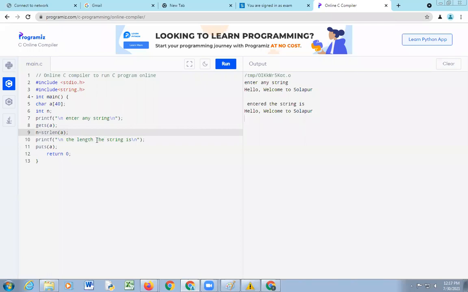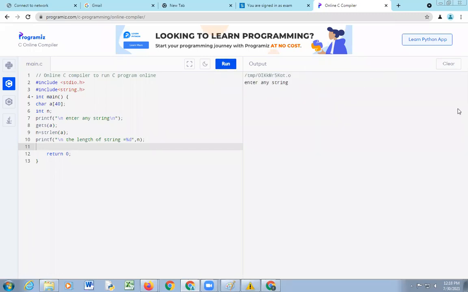So the length of the string is equal to %d, then n. We'll see the output of this code.